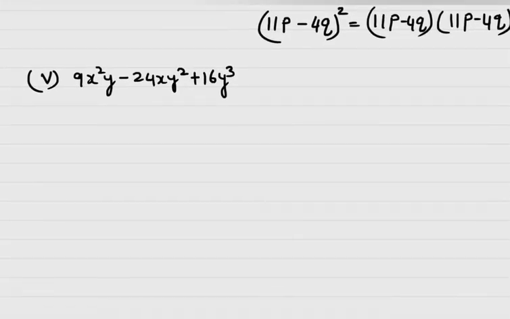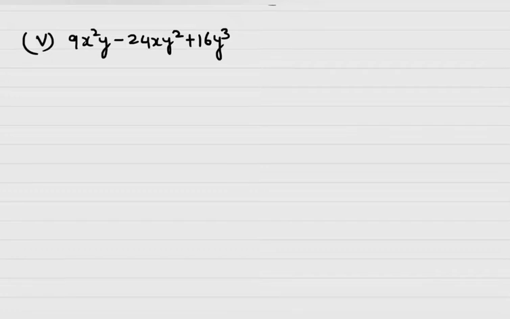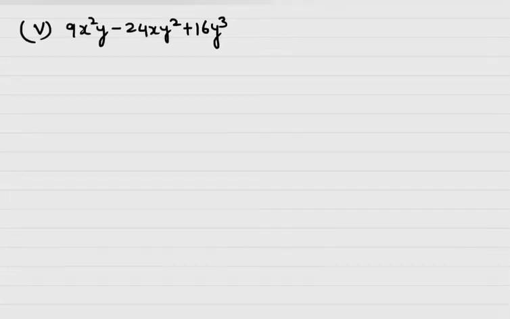Now, till here, we didn't have any cube parts in our questions. Till now, in question number 1, 2, 3 and 4, we have not seen any cubes. Now, you can see here that we are provided with y cube here. And here you have x square y. So, you have to think and see in the middle term also you are having y square. So it's not that key for a plus b whole square or a minus b whole square, we don't have square term in the middle, cube term in the extreme. So we have to think what we have to do here.